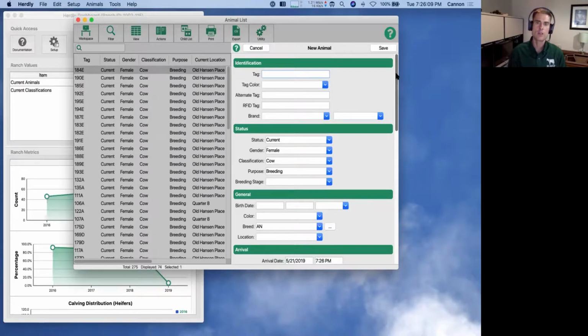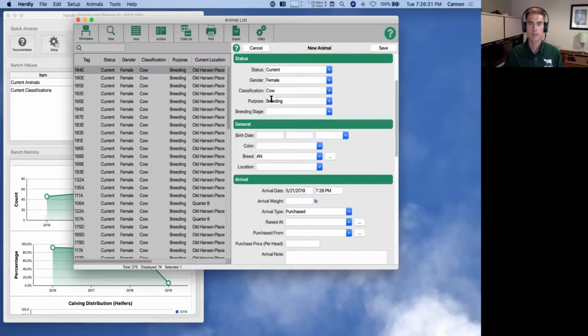And this action is really designed to either bring your existing herd, if you're bringing your herd in when you first start using Herdly, and get them in there, or when you purchase animals in the future, this would be the way to get those animals in there. So you'd give it a tag and whatever other information you wanted here. You would set up the status, including whether or not it was going to be in the breeding pool, if you know the birth date and the breed, the location it's going to be in,